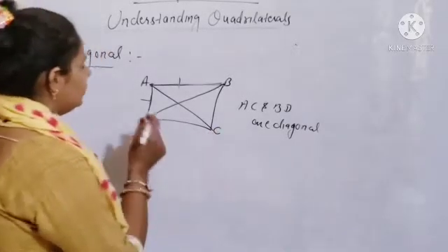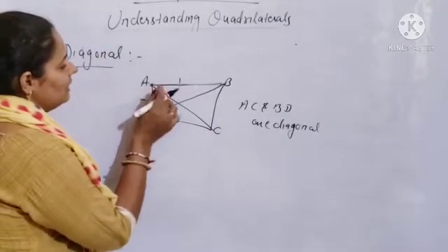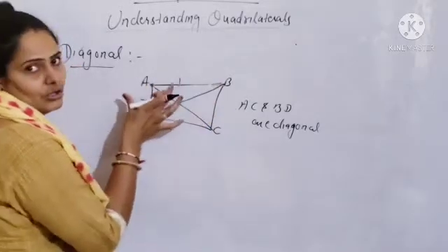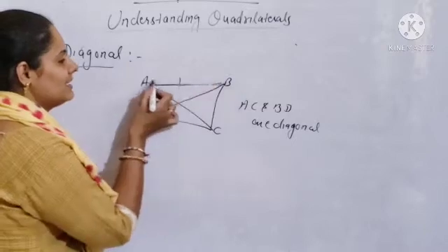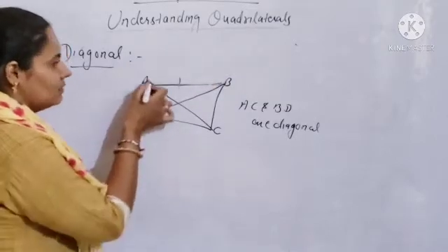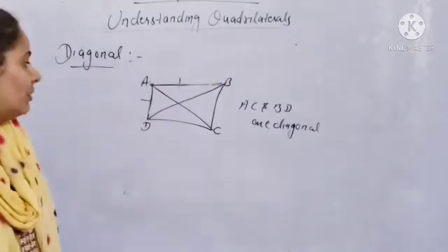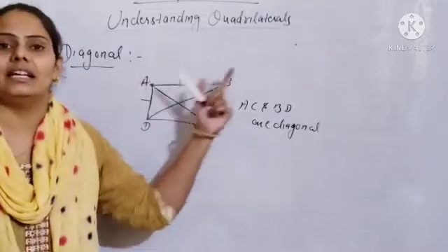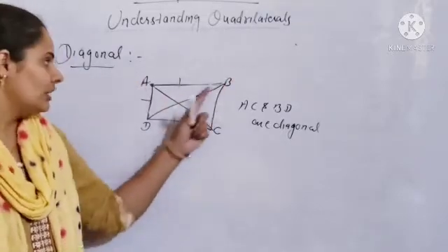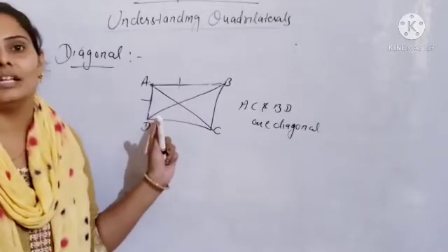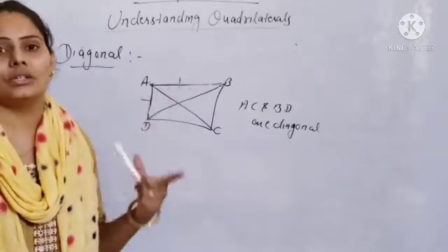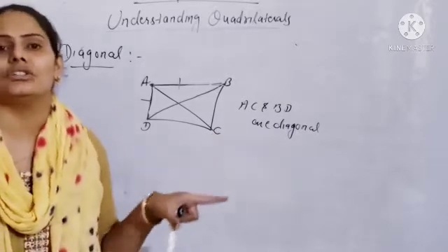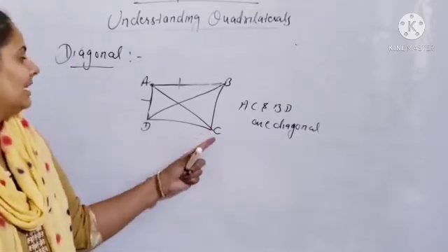After that, if you are joining the vertices A and B, these are connecting vertices, or you can say consecutive vertices, because B is beside A and D is also beside A. Beta, both are sitting next to A, one on the left-hand side, one on the right-hand side. So what will these two vertices be? B and D are both consecutive vertices of A. But if you talk about C, what will C be? Non-consecutive vertices. It is not sitting next to it.